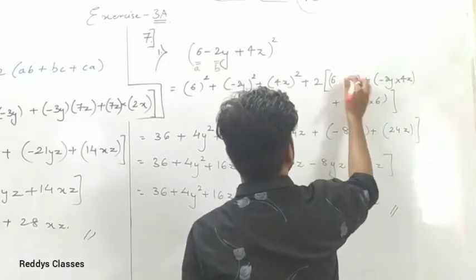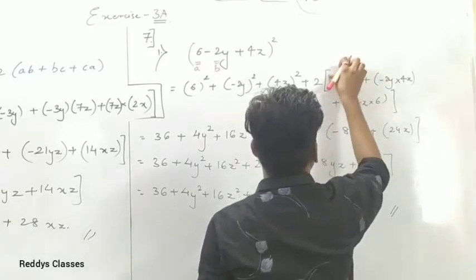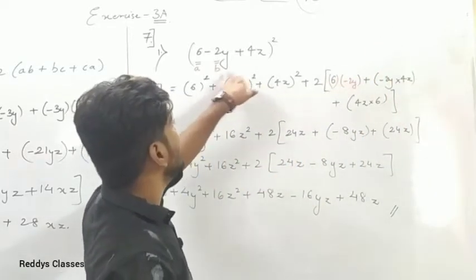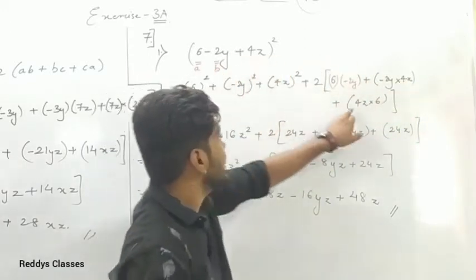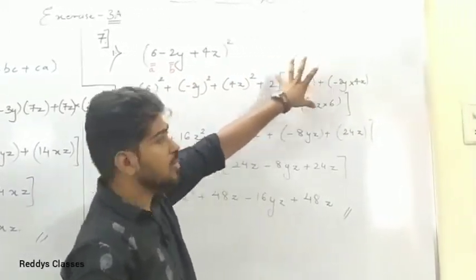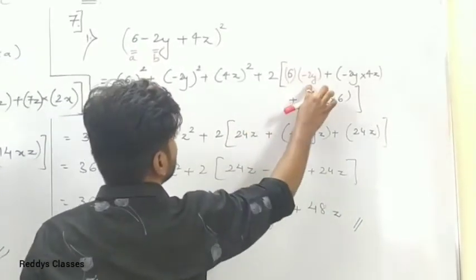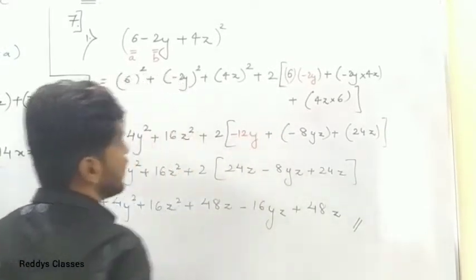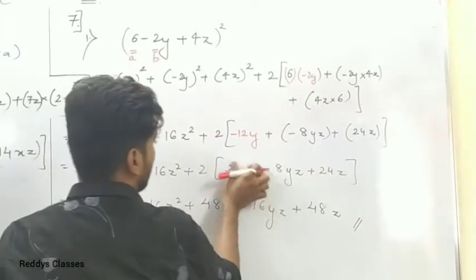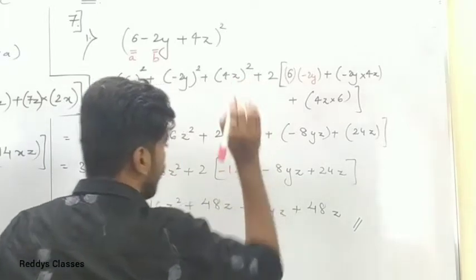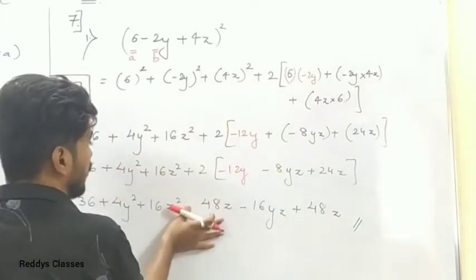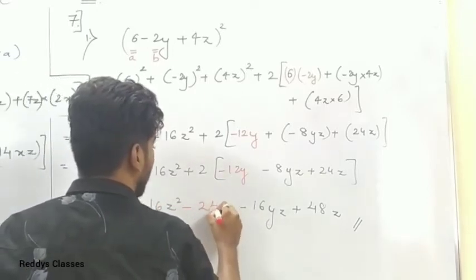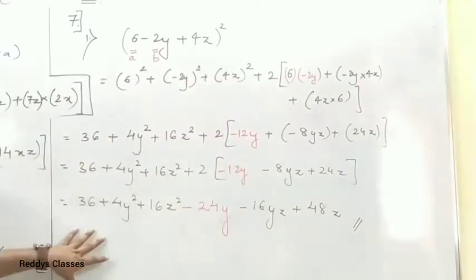Say I am using the red marker here. You can see 6 and what is the value? Minus 2y. Okay, c is bc and ca. We have to only change this value here. See what is going to happen now. 2 into 6 is 12, so here it will come minus 12y. It will come here minus 12y. Here also, let us continue, minus 12y, and 12 into 2 is 24, plus minus is minus. We will get here minus 24y.